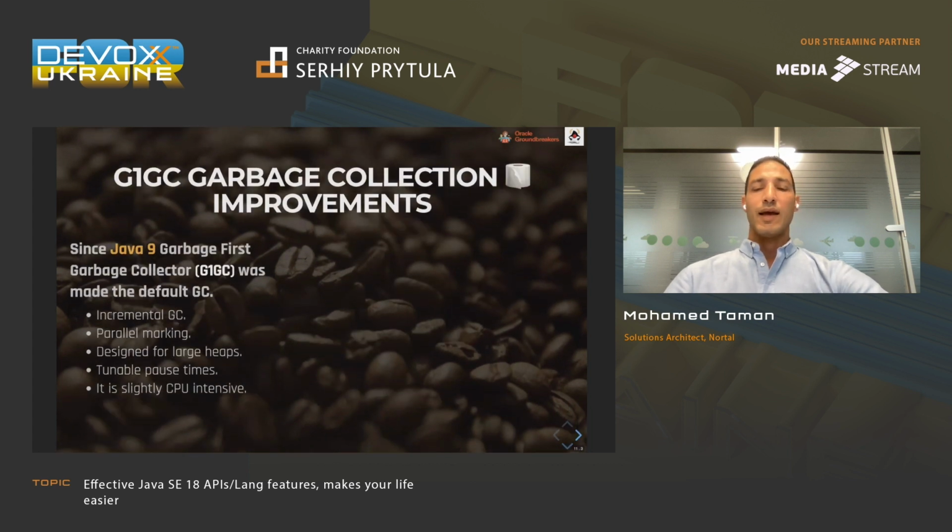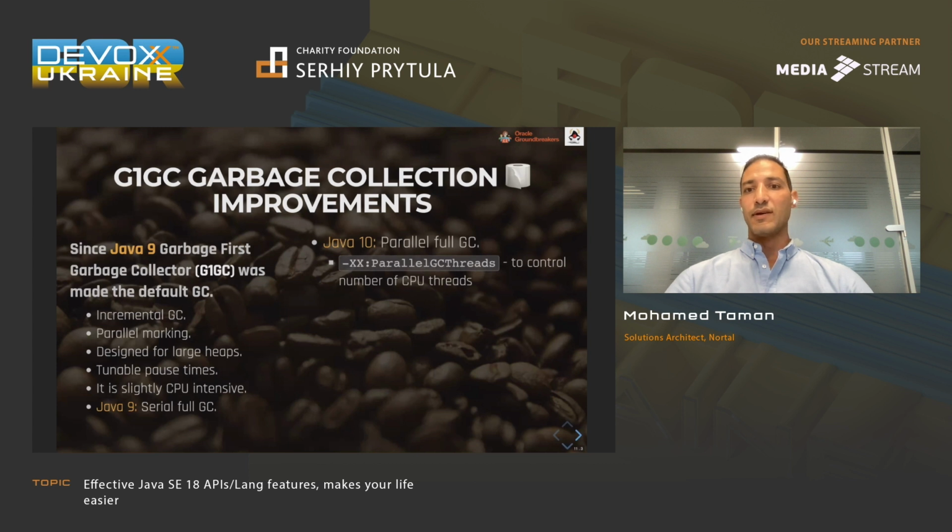This is really nice. About the garbage collectors, there is a lot of enhancement in G1 GC because we have a bunch of collectors, and Oracle also allows external companies like Red Hat and others to introduce their own garbage collector to cover all the cases where we can use Java applications. So in Java 9 we have more enhancement, in Java 10 we introduced parallel full GC, and in Java 11 GC is faster by 60%.